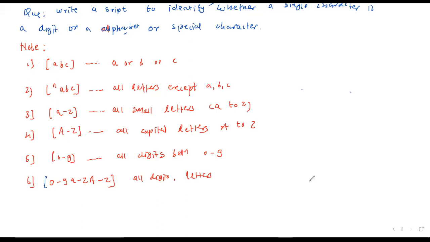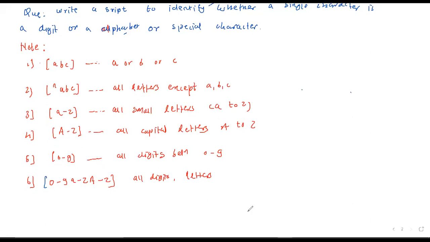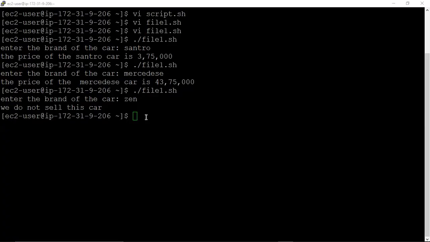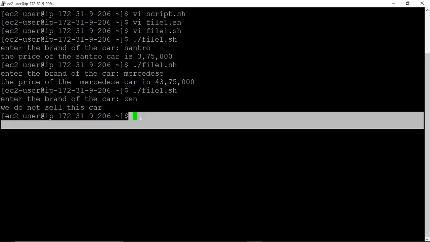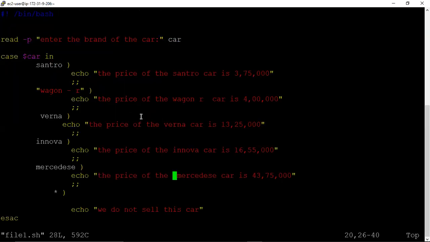So let us go to the script first. Okay, so we make changes in file1.sh itself. So here read -p.